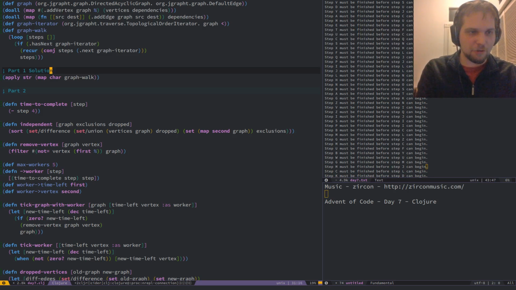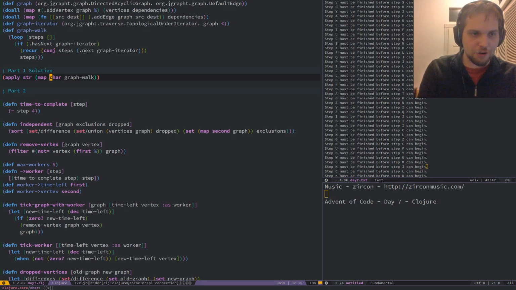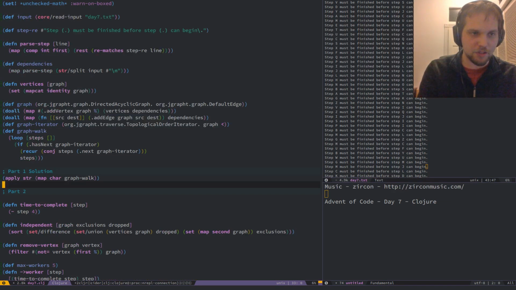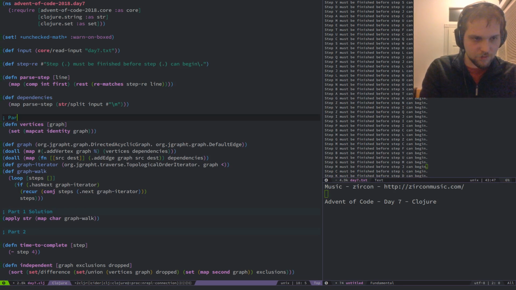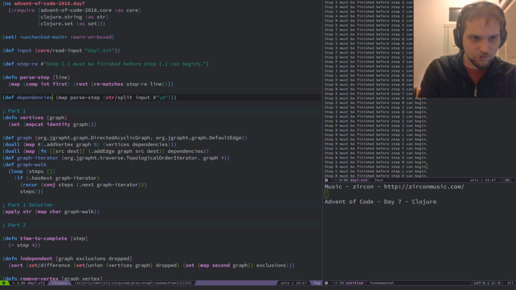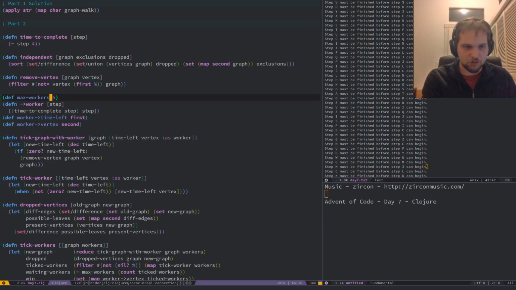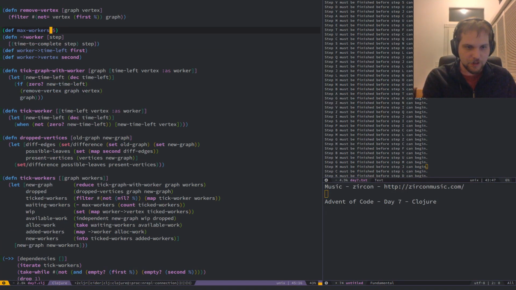I might go back and rewrite the first part to not use JGraphT, just so that's consistent, but I'm not terribly picky about it, frankly. Other than that, I actually like the format of everything else here.